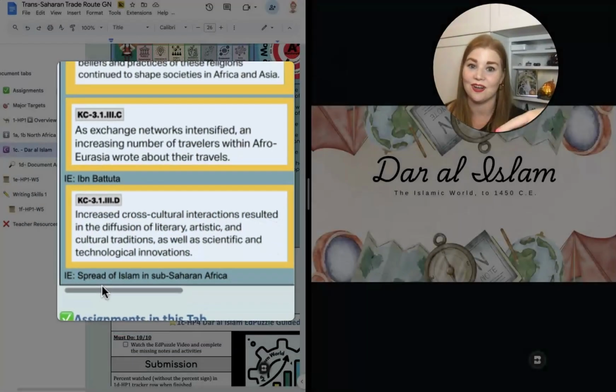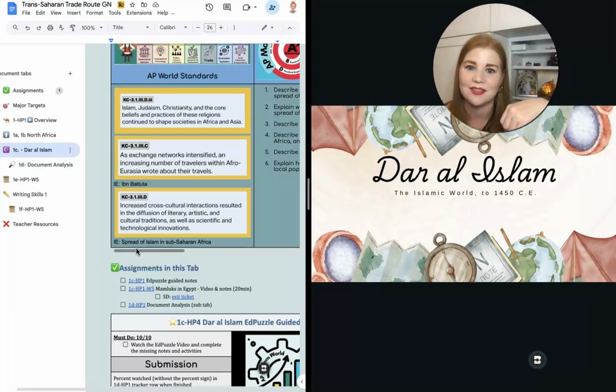So what we're going to see here is that Dar al Islam is going to spread, and one of the reasons that it spreads is because of trade. We got that from our last video. There are 2 other reasons why Dar al Islam is going to expand and Islam is going to spread into these other empires. We are also going to see that as Dar al Islam expands and becomes more powerful within these different empires